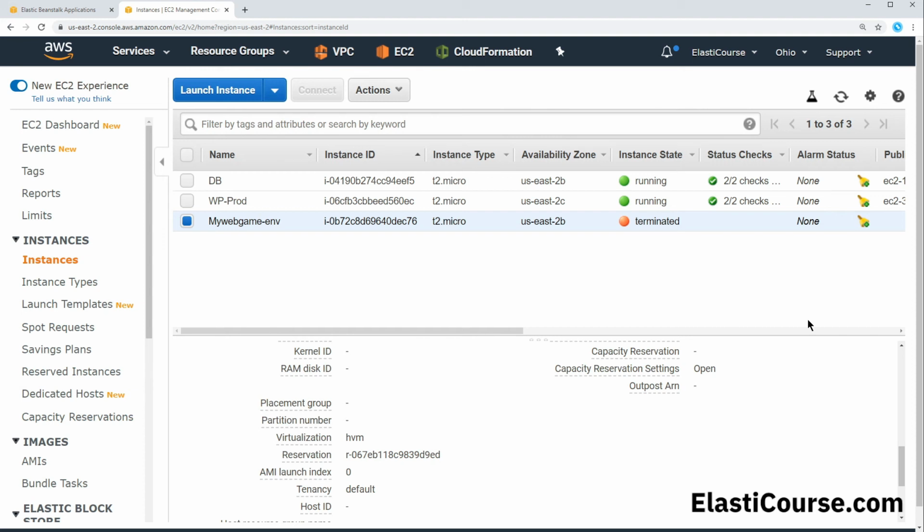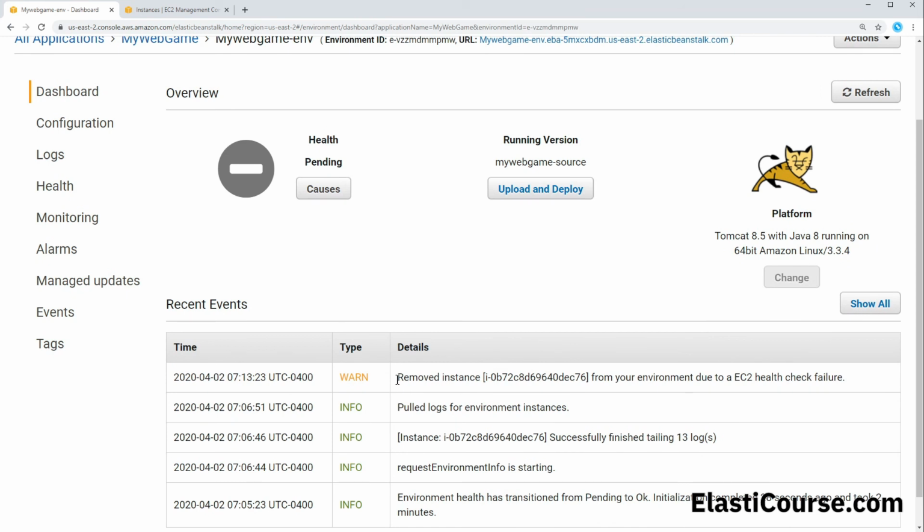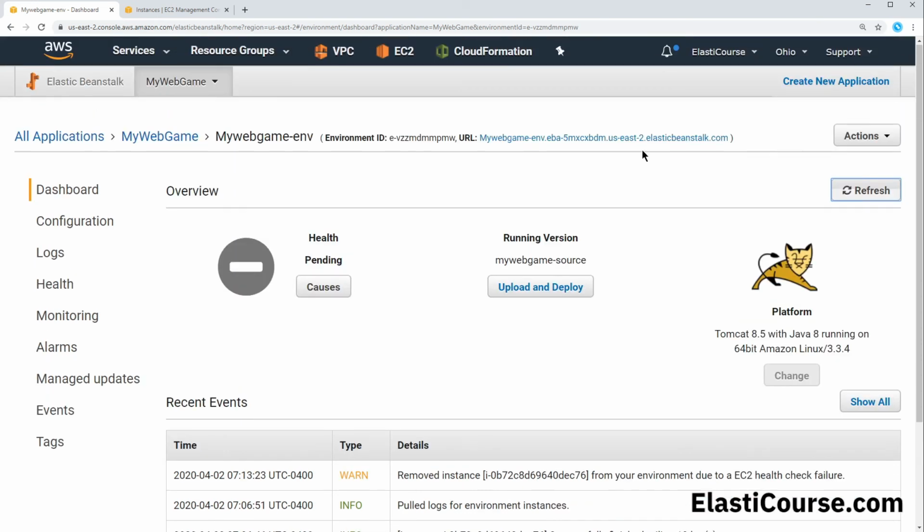So if we go back to Elastic Beanstalk and try to monitor our application, now our application is showing health status pending. And if we check our recent events, we can see a warning that says this instance is no longer considered healthy and it has been removed from our Elastic Beanstalk pool. That means Elastic Beanstalk was able to figure out that the instance is no longer responding to requests and our